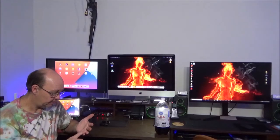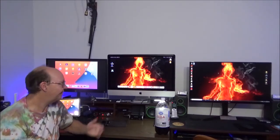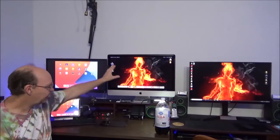Now, add on a set of external speakers, add on at least a 27-inch monitor to get this view of 20 and 3/4-inch viewable area, add on your hub, etc. Do you know, you probably could have bought yourself a really nice iMac computer with a 27-inch 5K Retina screen right there? So, it's kind of up to you on that one, guys, but that's my thoughts on this. I have iPads for portable use. I like the idea of being able to mess around and do this sort of thing too, but I'm going to tell you right now, when it comes to doing anything practical in life, that's why I have an iMac,